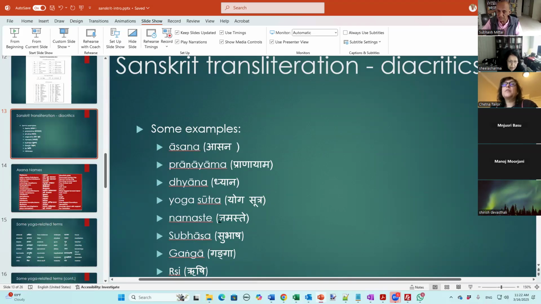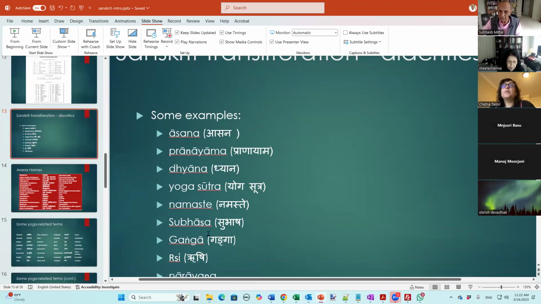Same thing with the word sutra. The middle su is a long sound, sutra. Again, we talked about my name. My name is Subhash. Here, the middle sound is bha, the aspirated sound, and then this sh is the second sh, which is pronounced with the tongue at the very back of the palate. Subhash.